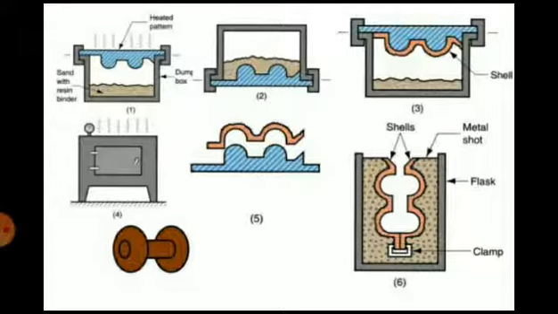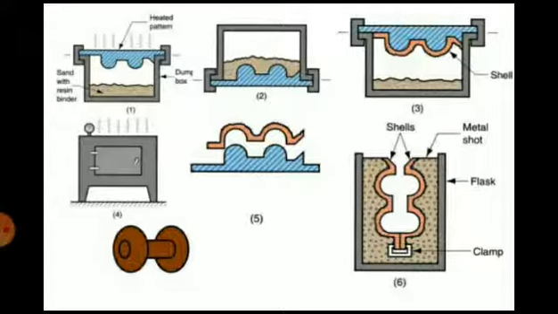So similar shells that you can make by using the procedure, and two shells or two halves of the shells are joined together. So in this way, stable shell molds are obtained, which are made in two sections. Both sections are matched and joined. So you can see in the diagram, both the sections are matched and joined.